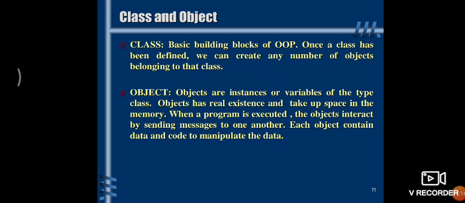When a program is executed, the objects interact by sending messages to one another. Suppose you have created two object classes, and they are stored in the memory, and you are using inheritance and a message passing algorithm. So one object is sending a message to another. Meaning, in a C++ program, you have created an object called student roll number, and you are linking that particular roll number with another class also. So this is a very good example of message passing.